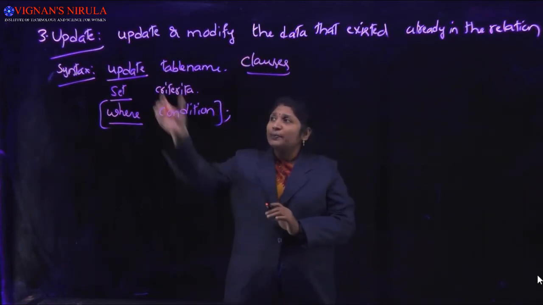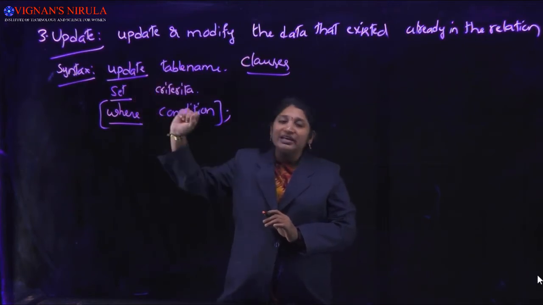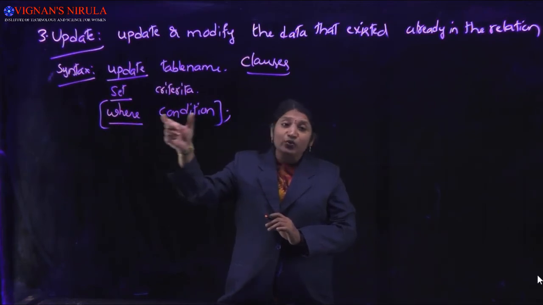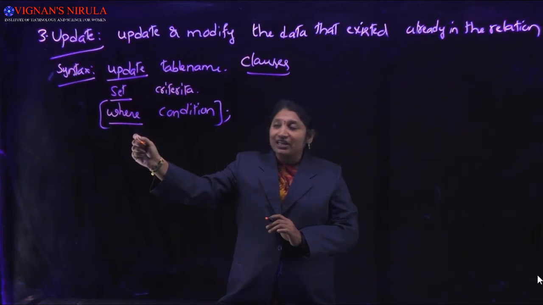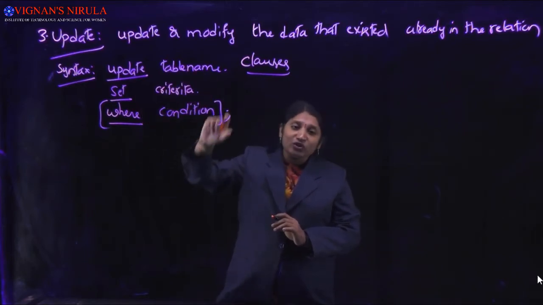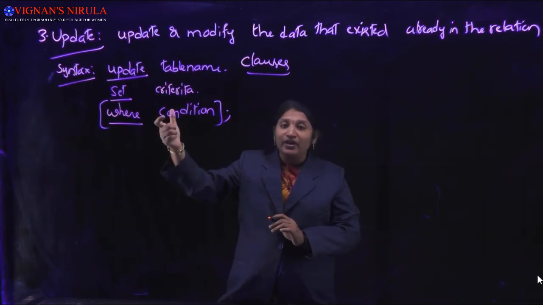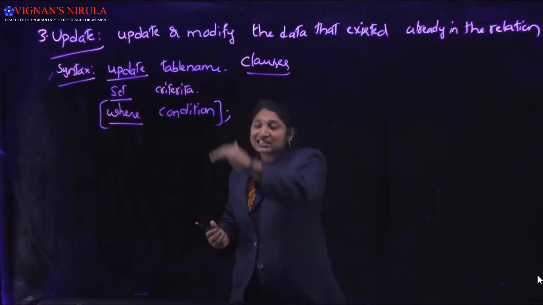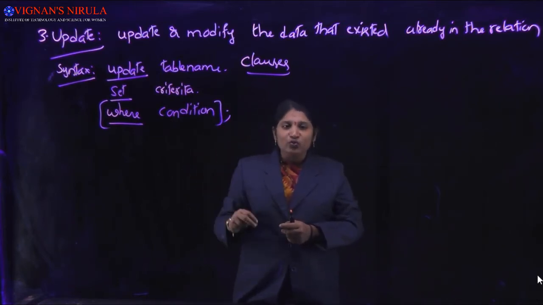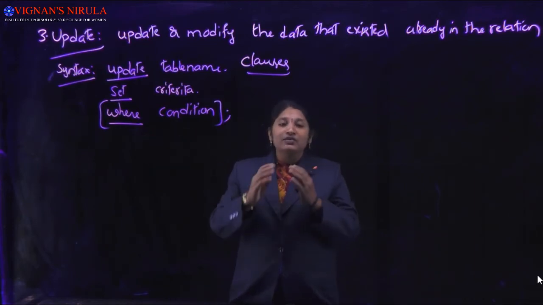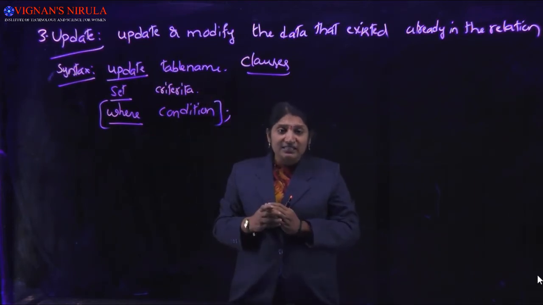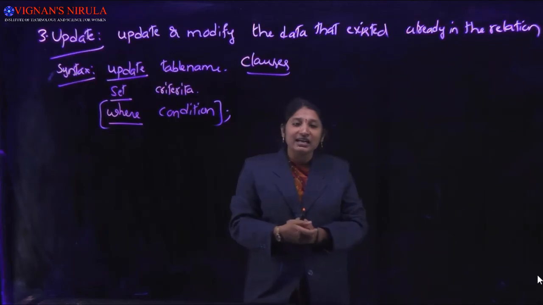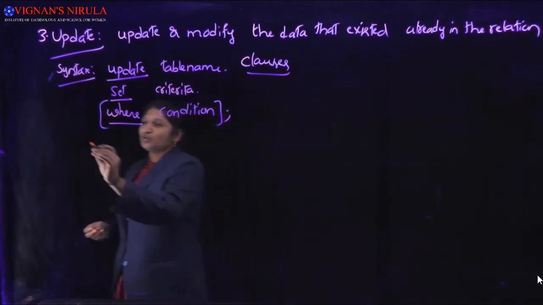Now I'll see how update works. The meaning of this update command is that it is going to update the particular rows which satisfy the condition mentioned in the where clause within this table, and those tuples are modified according to the criteria mentioned in the set clause. That means first it will select the tuples satisfying the condition mentioned in the where clause from the table mentioned in the update clause. After that the tuples are updated according to the criteria mentioned in the set clause. Now we'll see what the evaluation strategy is.